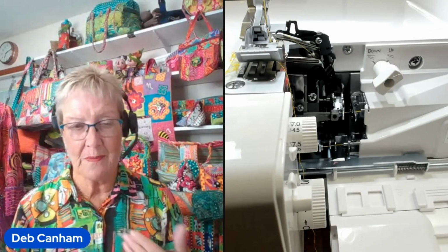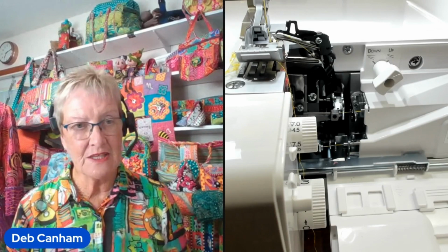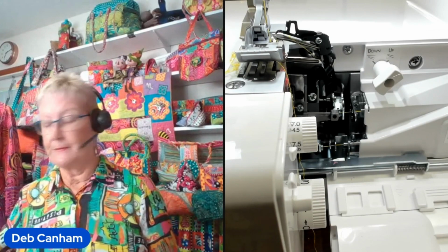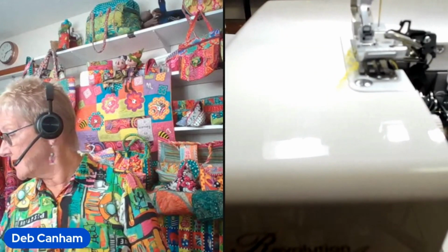When I start talking about four thread safety and five thread safety, that is a chain stitch with a finish. So the one thing we know about chain stitch is it doesn't stretch. So let me just show you some stuff. So let me move you over this way a bit. So these are some I did earlier,